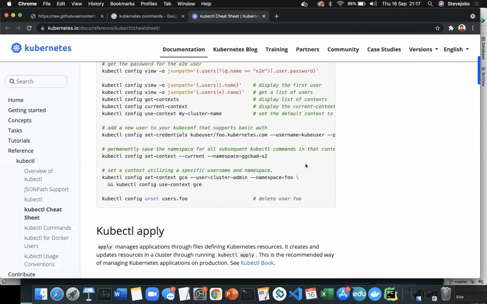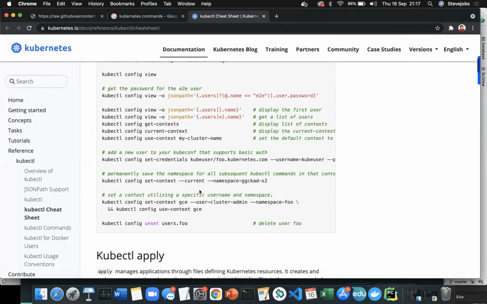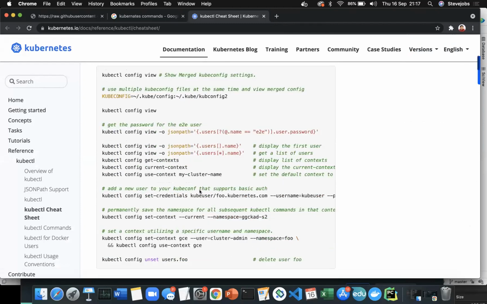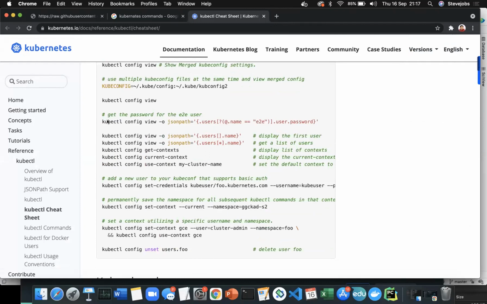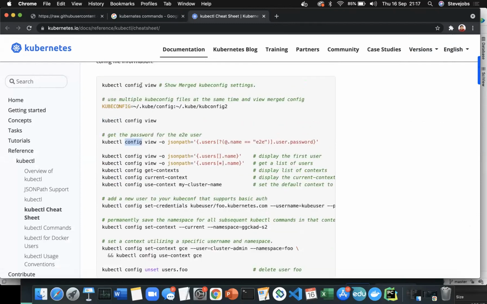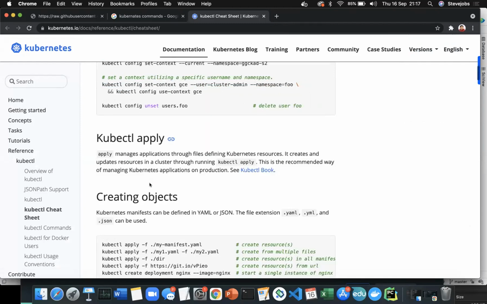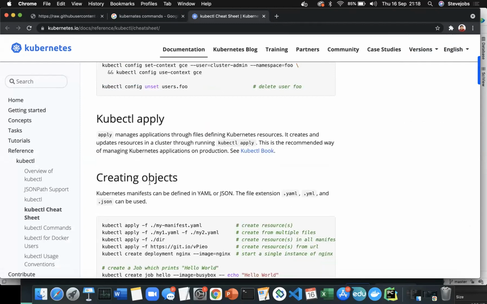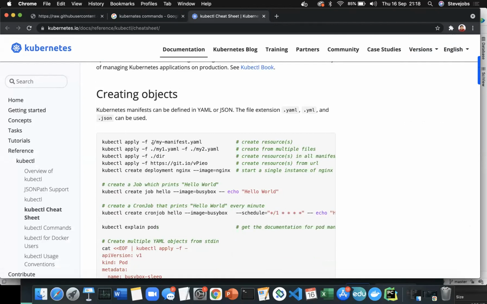Okay, so from the Kubernetes cheat sheet point of view, see here. We can use kubectl config, which is one of the things we can configure from the command line. One thing you need to learn is that kubectl config is one command where we can see the config. Kubernetes is all about configuration, guys. If you are able to understand all the configuration, then Kubernetes will be done through YAML files.